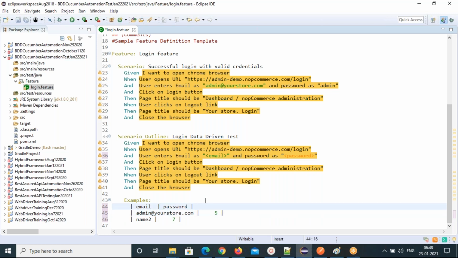Same for the second one, we will just change it here like this. And here I'm going to give admin, and the second one is admin123. So we are providing a wrong username and password, that's what we are checking.